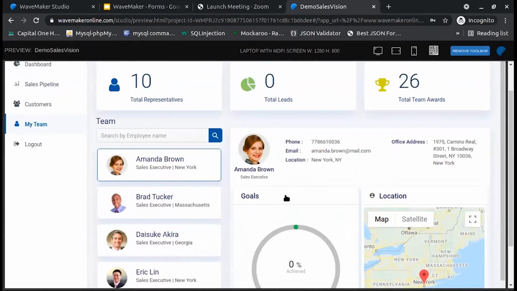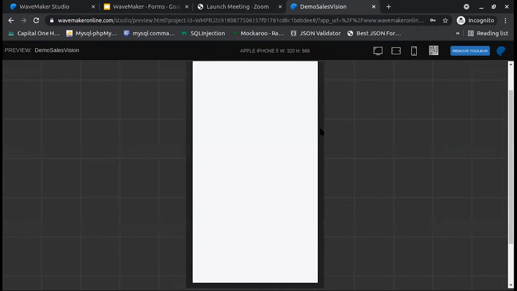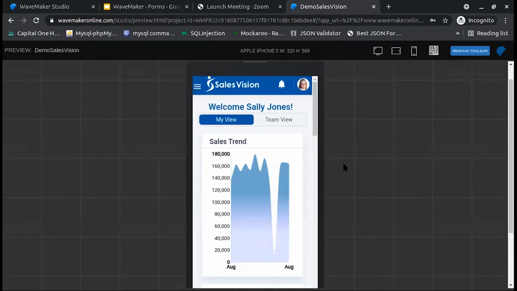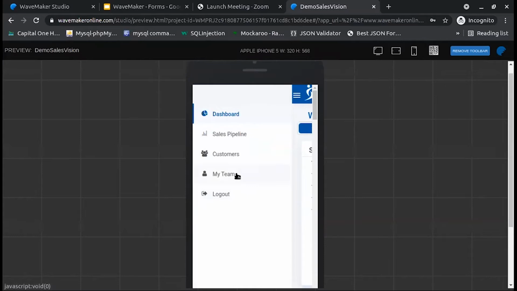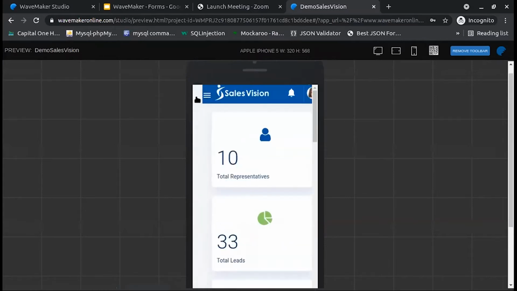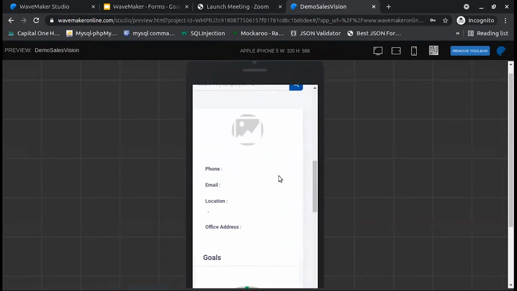You can build your own prefabs and use them across multiple applications. Now let me show you the power of how responsive it is. When you select any other device type, let me select one of these mobile types. You can see it automatically changes its layout, and you can also see the left panel is displayed for switching between the pages. So you can see how responsive this is.